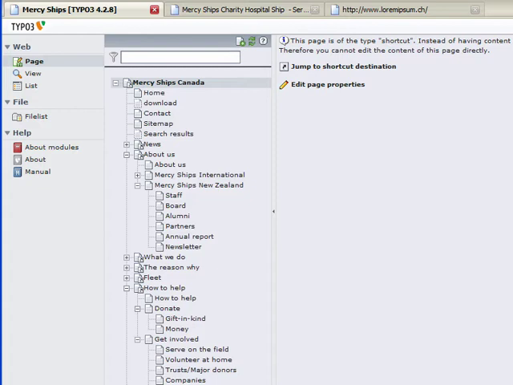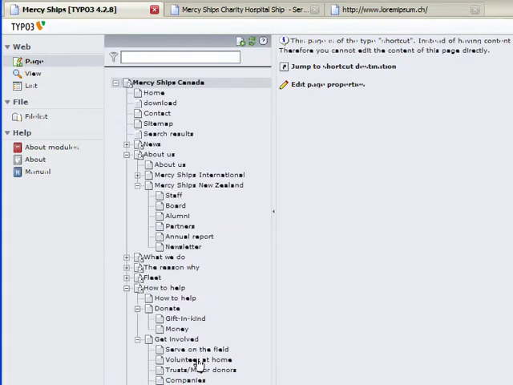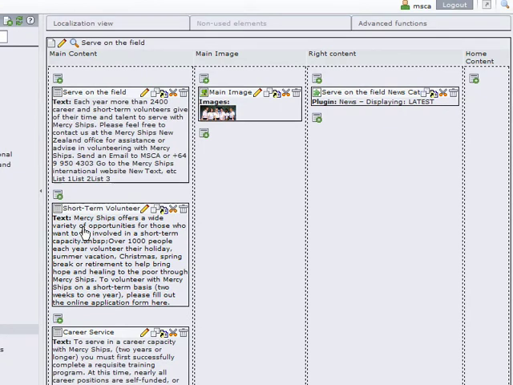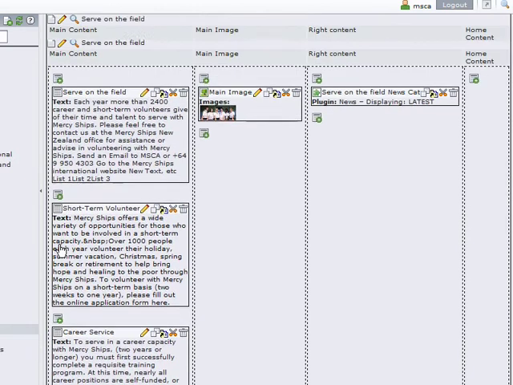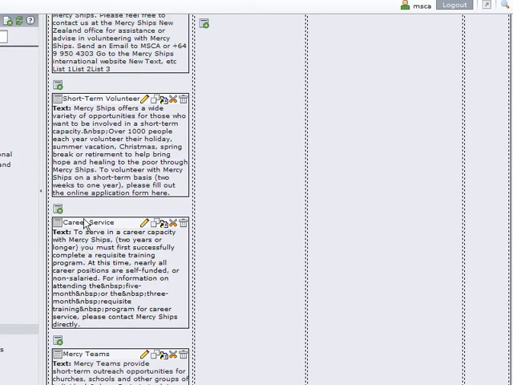In this video we will have a look at how you can add a new content element to a specific page. For that, I click on page, I go to a page where I would like to add my content element. I can choose the position of that content element by clicking on the plus icon wherever I please. For instance, I want to add a new element in between those two elements, so I click